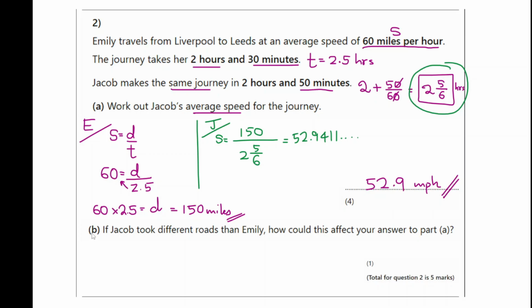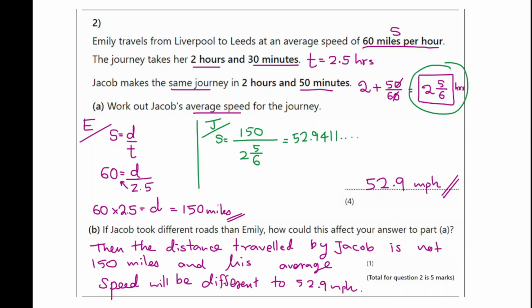Second part. If Jacob took different roads than Emily, how could this affect your answer to part A? If he took different roads, that means the distance could be different. So let's write this down. Then the distance traveled by Jacob is not 150 miles, and his average speed will be different to 52.9 miles